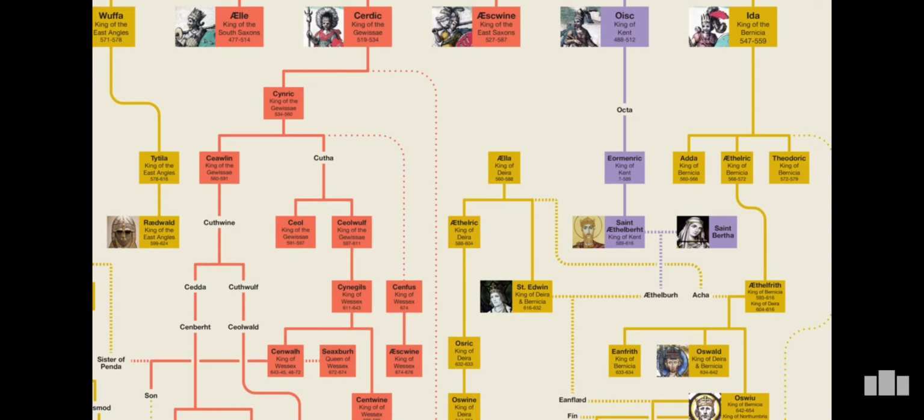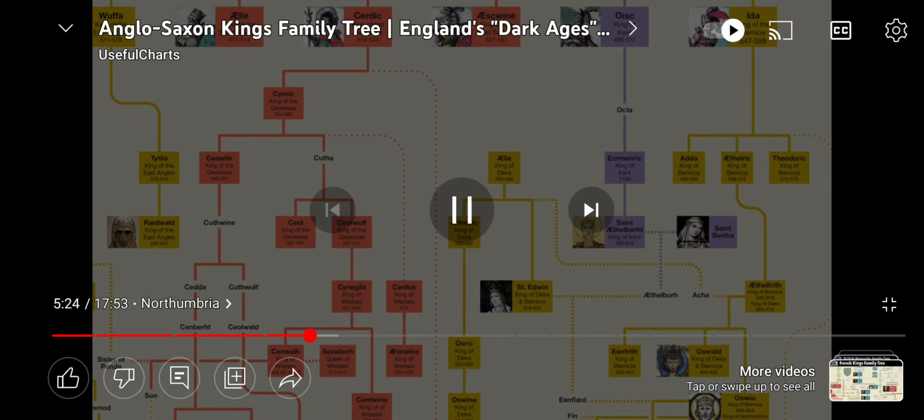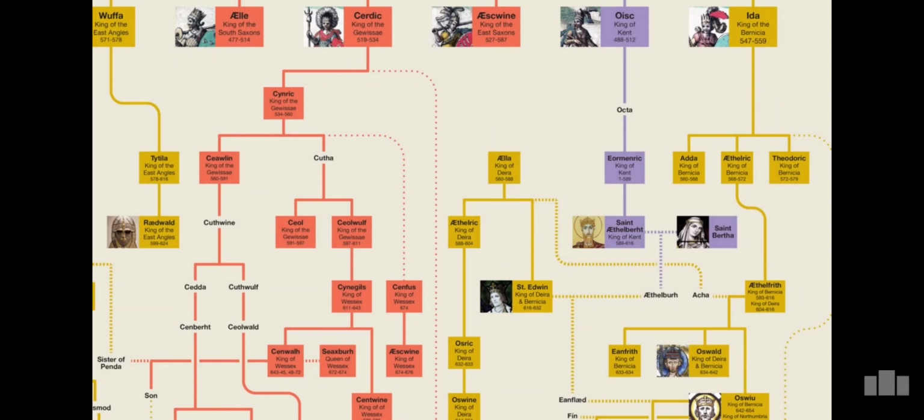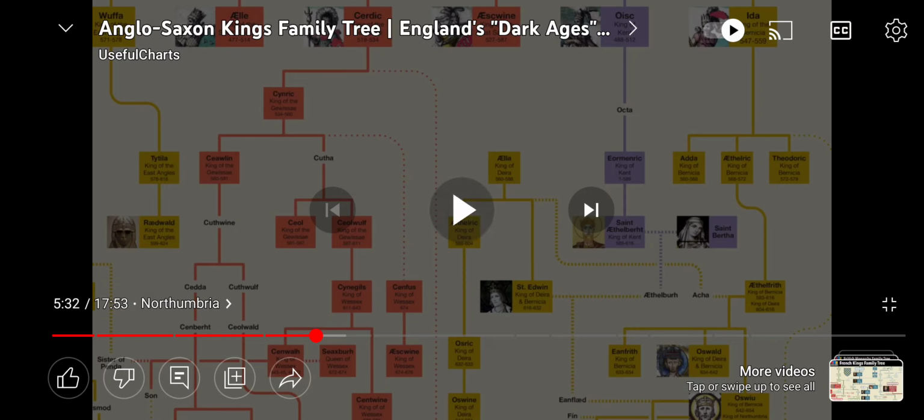However, after about a decade of ruling over both kingdoms, Athelfrith was attacked by the armies of Radwald. Radwald killed Athelfrith and placed his ally Edwin on the throne instead, thus making Edwin the second king to rule both Bernicia and Deira. Northumbria is also well known at this point for being rich and powerful.